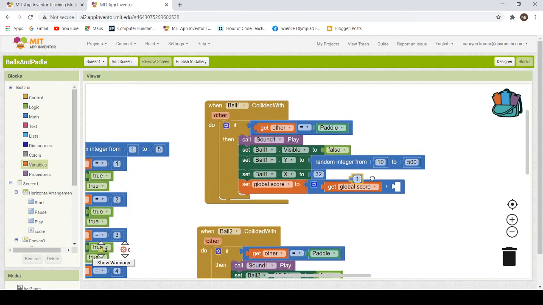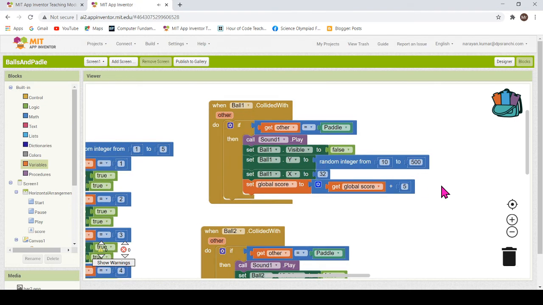We need a math block to add 5. So the 5 marks will be added to it. Now whenever ball 1 collides with the paddle, the number in this variable will be updated. Suppose initially you have 0 score, and now the 5 will be added. So in your variable you will now have 5 marks. This is how it is done.